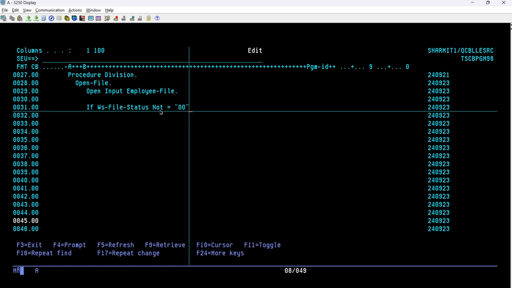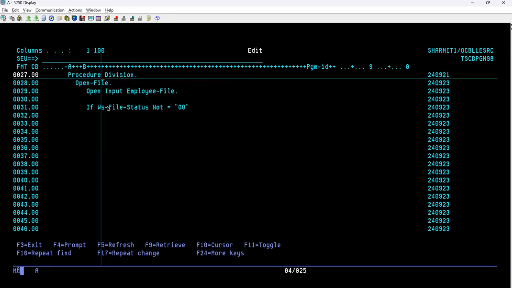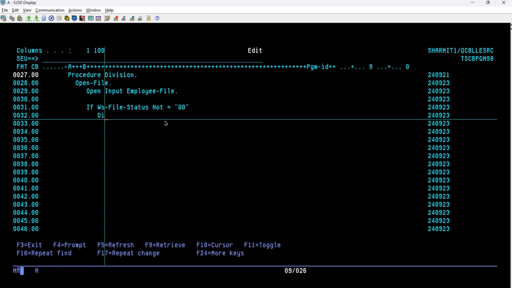Okay, so this is the variable which we declared in the last session, and today we are going to use it for the verification of the query. We are just checking if WS-FILE-STATUS is not 0, then in that case we will print one message with the help of the DISPLAY command. So here I will write DISPLAY 'error opening